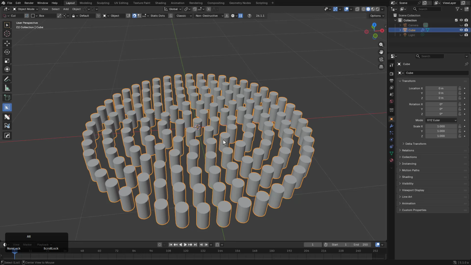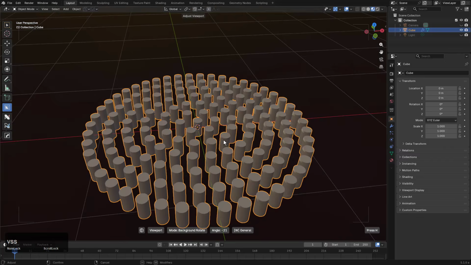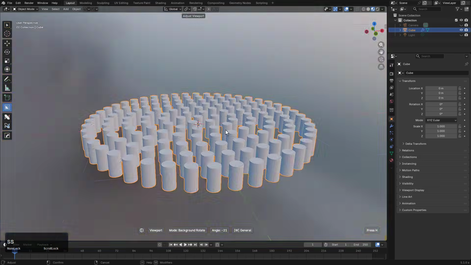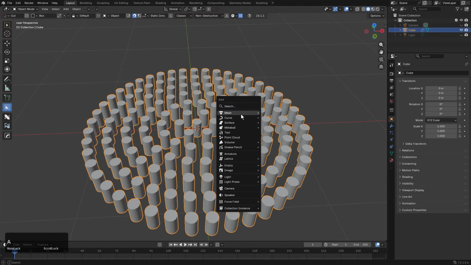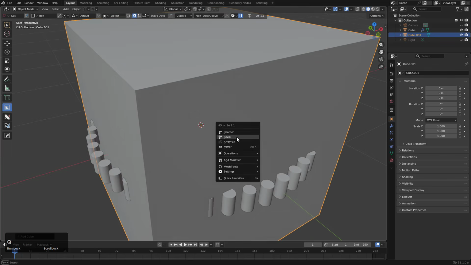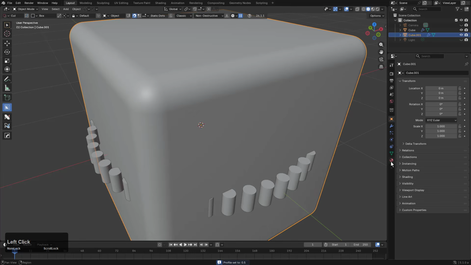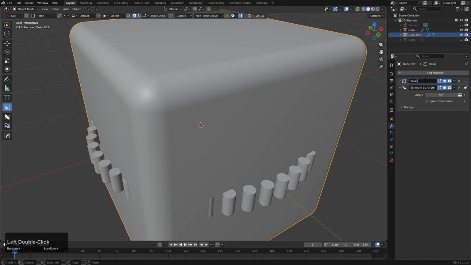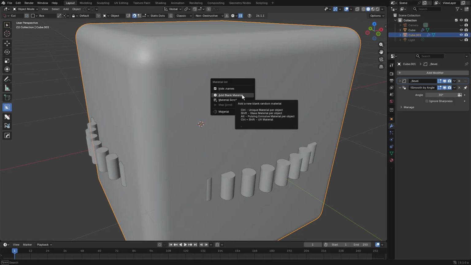So to test this out, I'm just going to Alt VB or Alt VV in order to look at the viewport. And we're just going to choose a viewport. And jump back to shaded. We'll just bring in a cube, and for this cube we'll put a quick bevel on it, give it a few segments just so it looks good. And on this particular object I'm going to put an underscore on the modifier so it doesn't get sorted, and then by pressing Alt M and